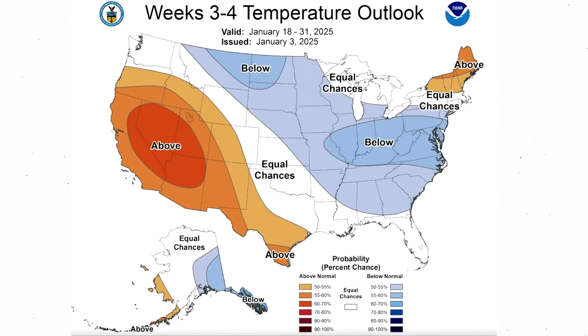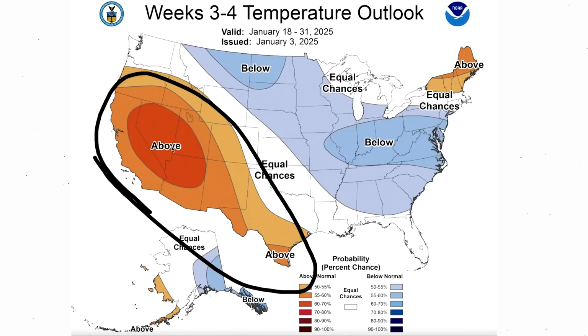They were just expecting that to continue, with above normal temperatures for a lot of the west. So this would indicate a resurgence of the positive PNA, which we have seen some models trending at. So potentially after the 20th, we could see the positive PNA come back, a little warmer for New England.